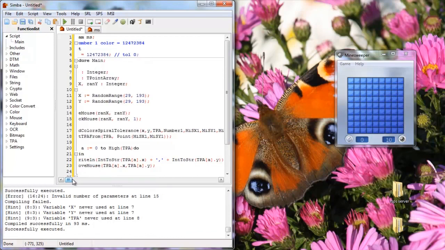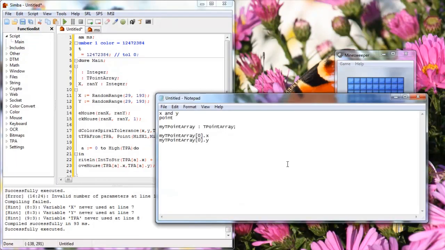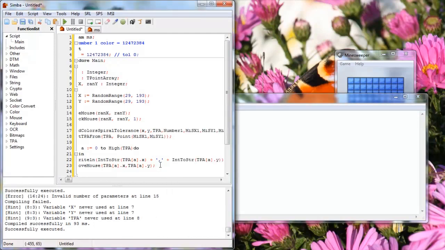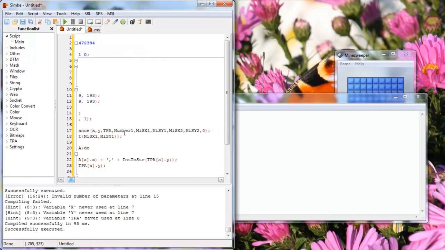Okay, so let me explain a little bit more about find colors spiral. So basically, I've already told you about the x and the y, and that it stores all the variables it finds in the TPA. The next time it stores one, the next one it found would be in TPoint array 1 dot x and then dot y, and you guys get the flow. But as you'll see in my script, I have this right here, and